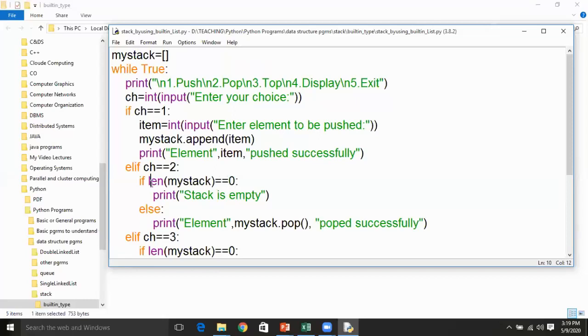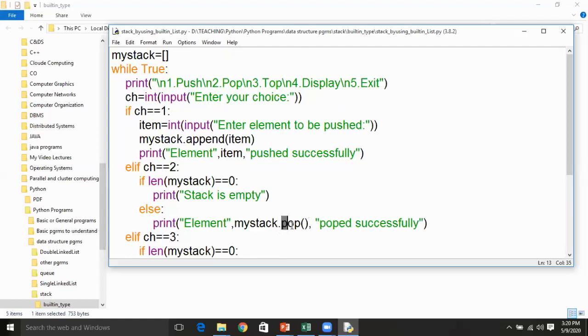If this condition is false, the control moves to the else part, and it tries to display the element. Here you call the pop method by using the reference variable of the list, which is my stack, with the dot operator.